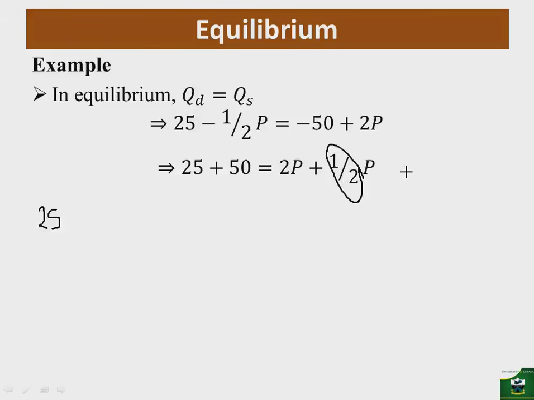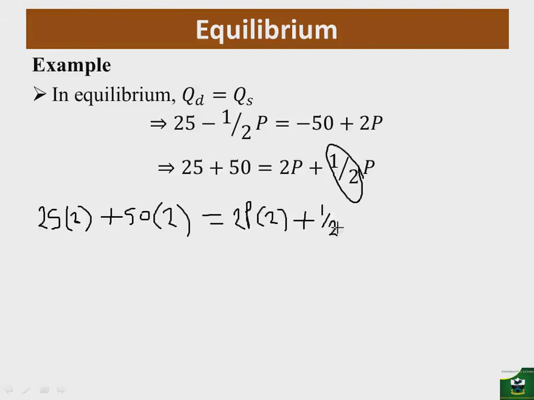So if I have to get rid of this half, whatever I do to this side must be done throughout this equation. So then I'll have this multiplied by 2 over 1, which will just be 2, plus 50 multiplied by 2 over 1, which will just be 2, is equal to 2p multiplied by 2 over 1, which will just be 2, plus half p multiplied by 2 over 1, which will just be 2. So that this 2 here and this 2 will cancel, and then I'll remain with p,